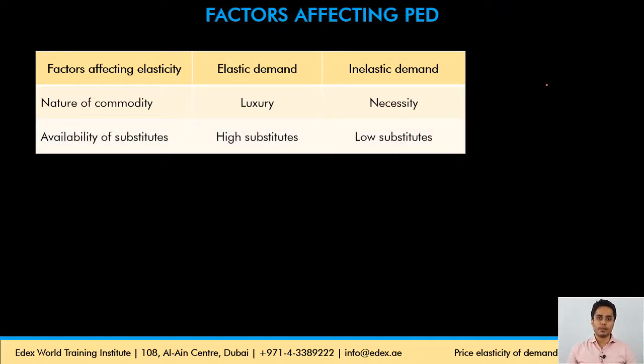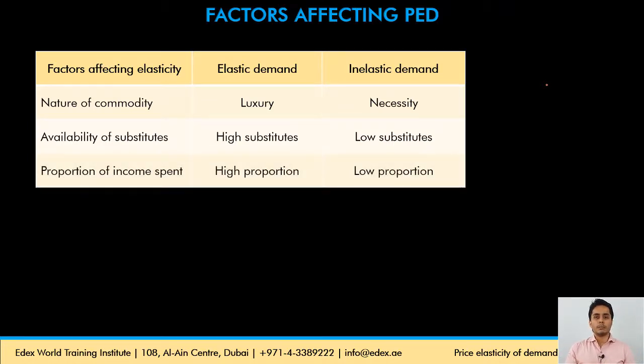Availability of substitutes. If a product or a brand has a lot of substitutes in the market, the moment prices for such products change, we can quickly shift to the substitutes, to the competitor's product. And hence, when there are many substitutes, there is higher elasticity. The products for which fewer substitutes are available in the market, we don't have much option. The price increases, we still have to keep on buying the same product, not for all consumers, but for a majority of the consumers in the market.